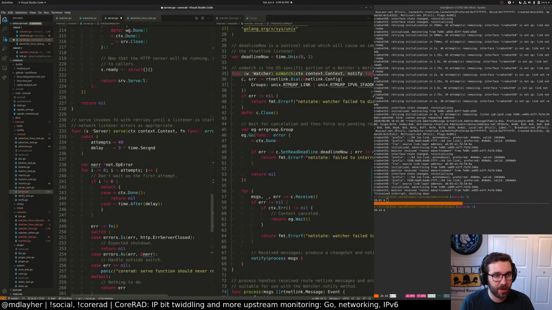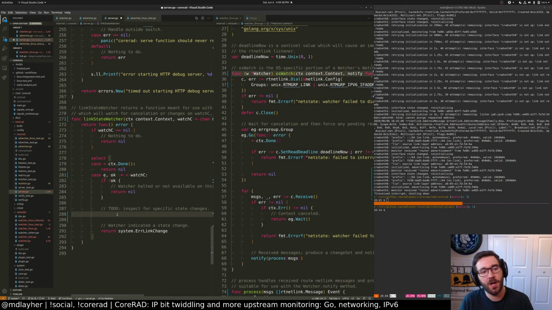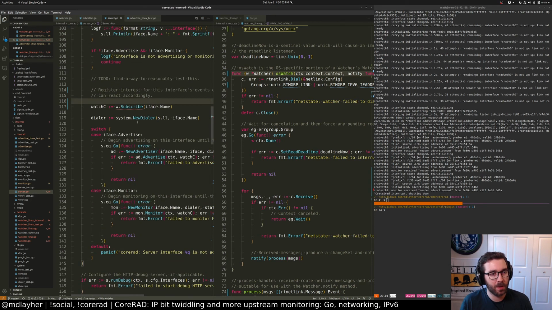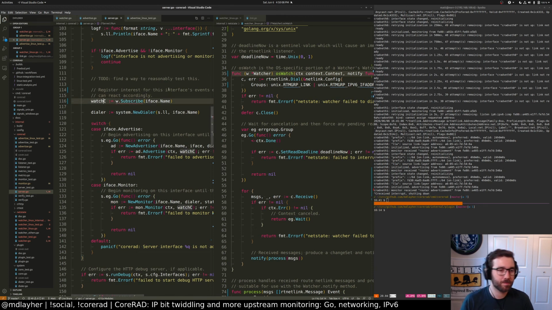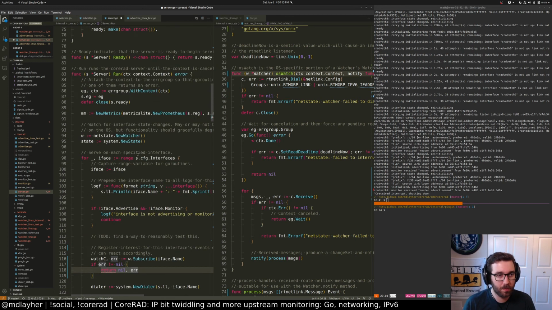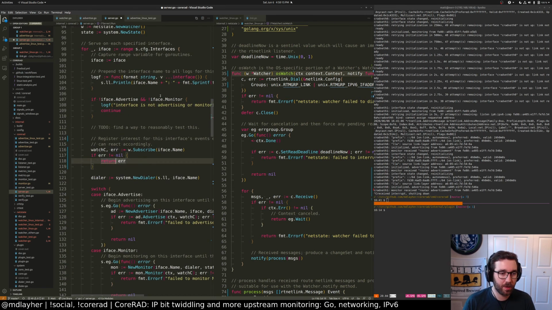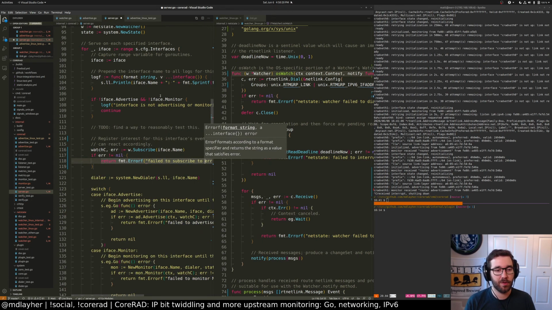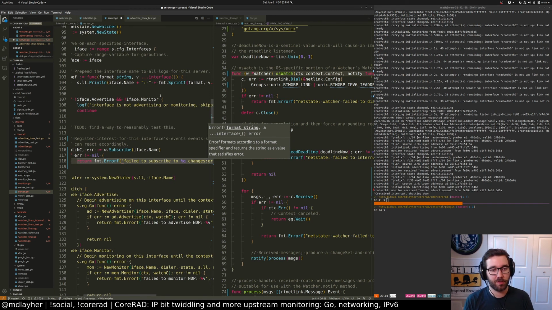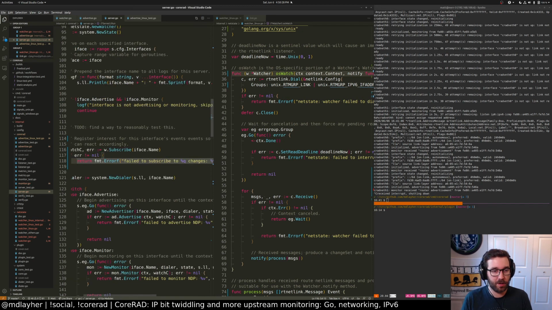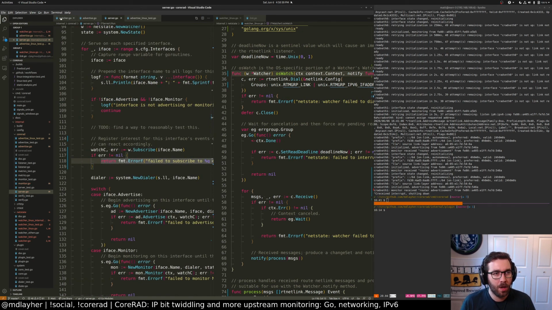What did I do to server.go? Cancel. Oh, right. That's probably okay for now. This is going to return an error now. Does this function return an error? Yes, it does. Okay. Failed to subscribe to %q changes %v, iface name, error. Done. Perfect.